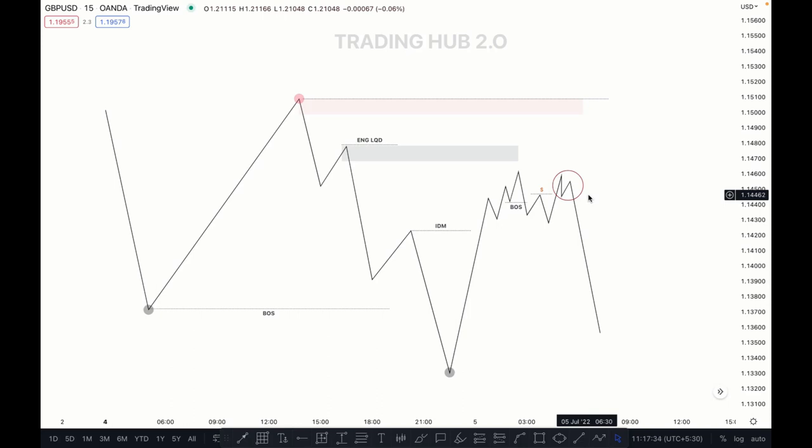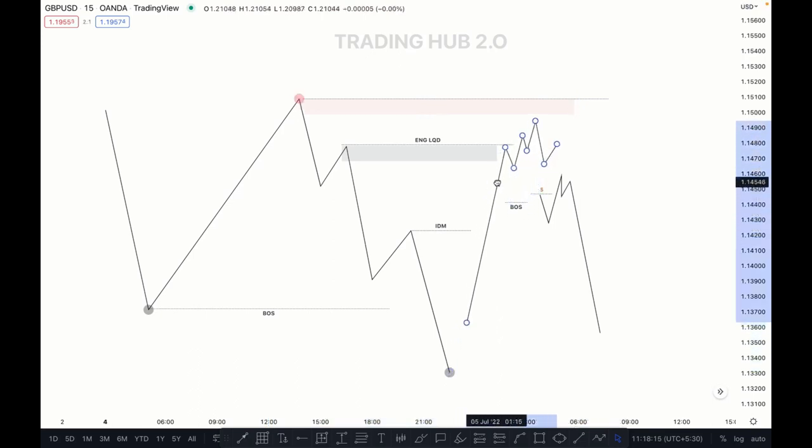You don't need to wait for the mitigation of supply or demand, and then wait for the choch, and then buy or sell. No, that type of entry is very low probability, and this type of entry is very high probability, and you can catch every move. The same thing applies here. After taking out this high, which is here, which is the engineering liquidity, if the market wants to go downside and the supply zone is here, okay, then what criteria should you follow? The same thing will apply here, the same thing will act here,